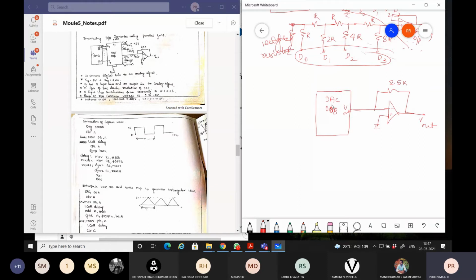Then what are the other pins? Internally it has an R-2R ladder network. When it is fabricated as a chip, it will have the terminals as follows. It will have a positive reference voltage and a negative reference voltage. This is V reference minus, V reference plus. Reference plus will be connected to plus 5 volts and this is connected to minus 5 volts.